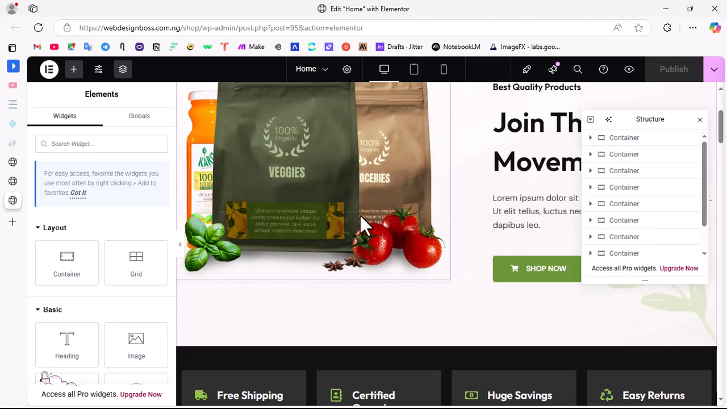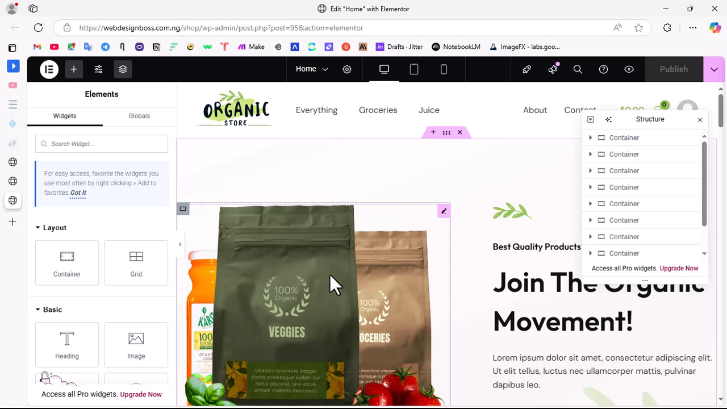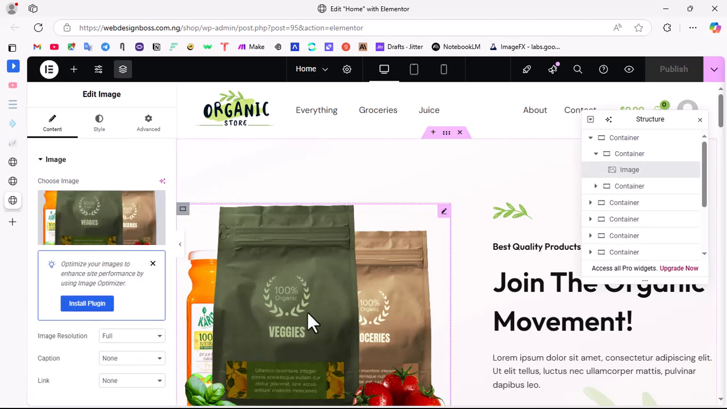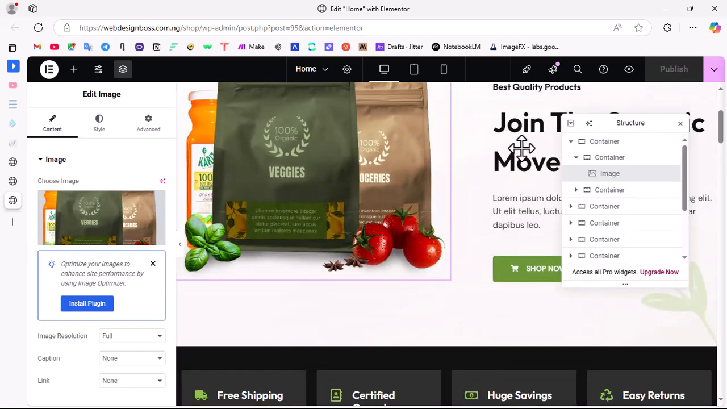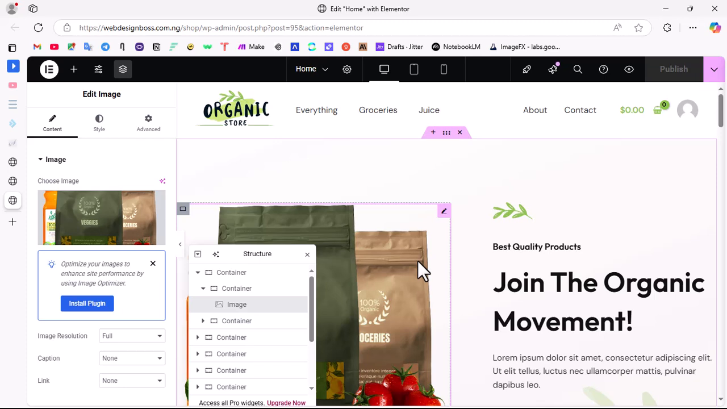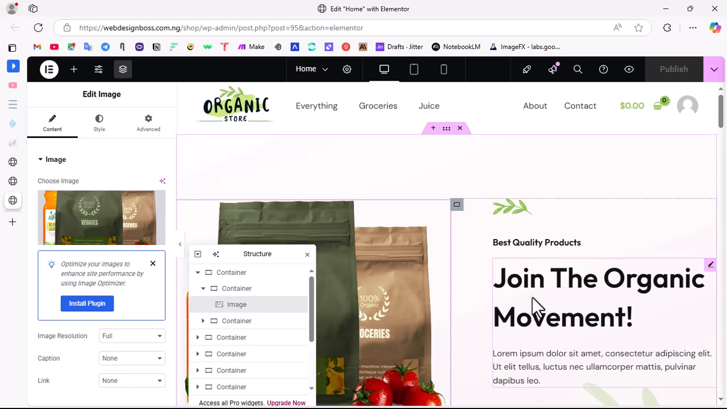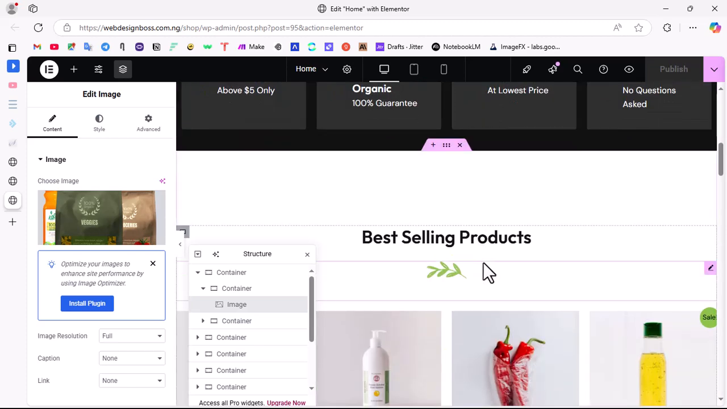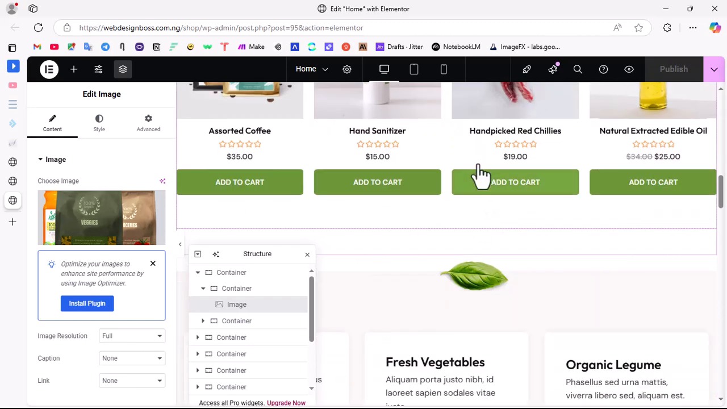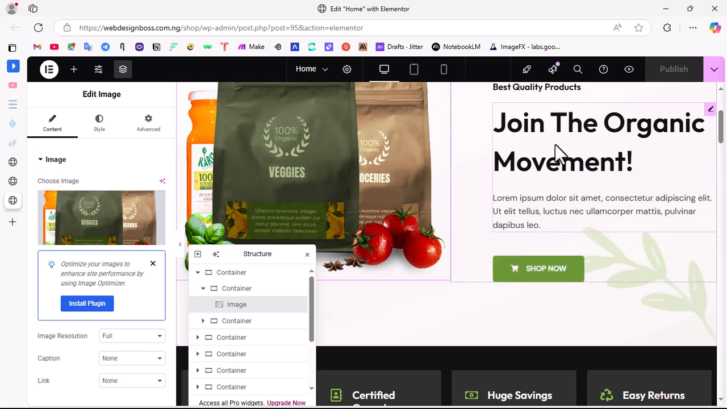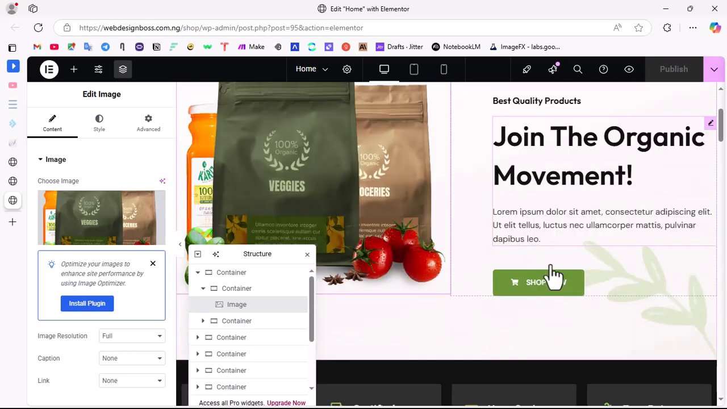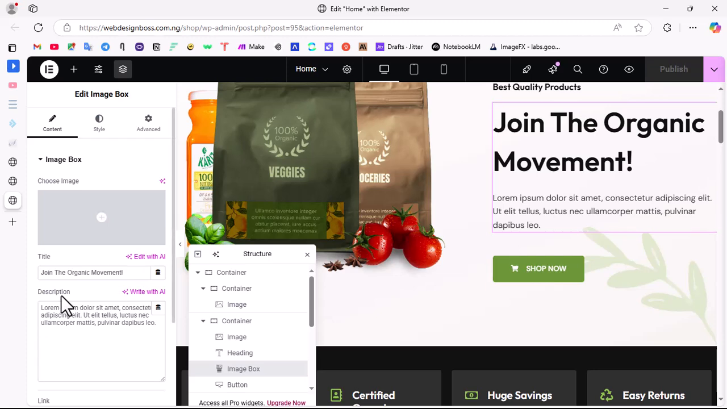So if I want to change this image to my product, my real product, I can change this, but that's not what we want to do. For the sake of the training, I will just do some editings right on the page, just to show you how you can actually change the text and everything on the page to fit into your own designs. Okay, so I have joined the organic movement, so I'm just going to change this to